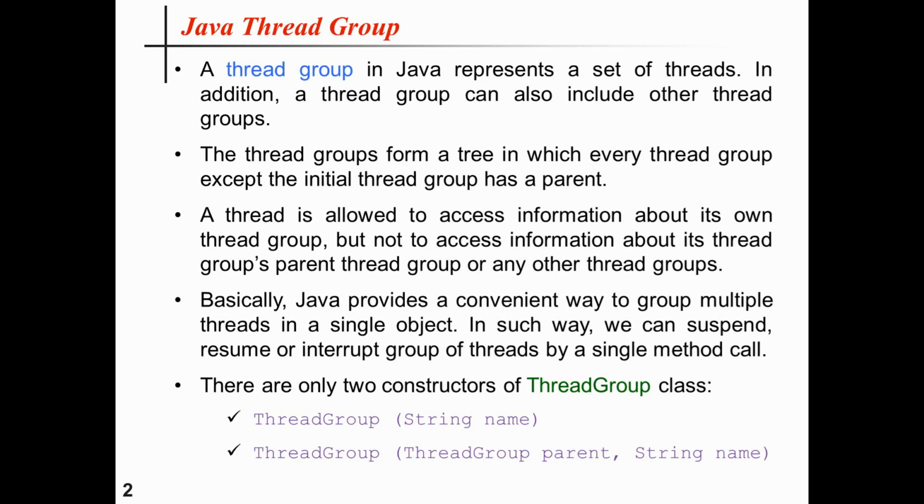Now, the Java thread group class has two constructors. The first one has a string parameter, like ThreadGroup with the parameter string name, and the second one has the string name along with the information related to its parent, like ThreadGroup parent and the string name. Now I would like to demonstrate the use of Java thread group